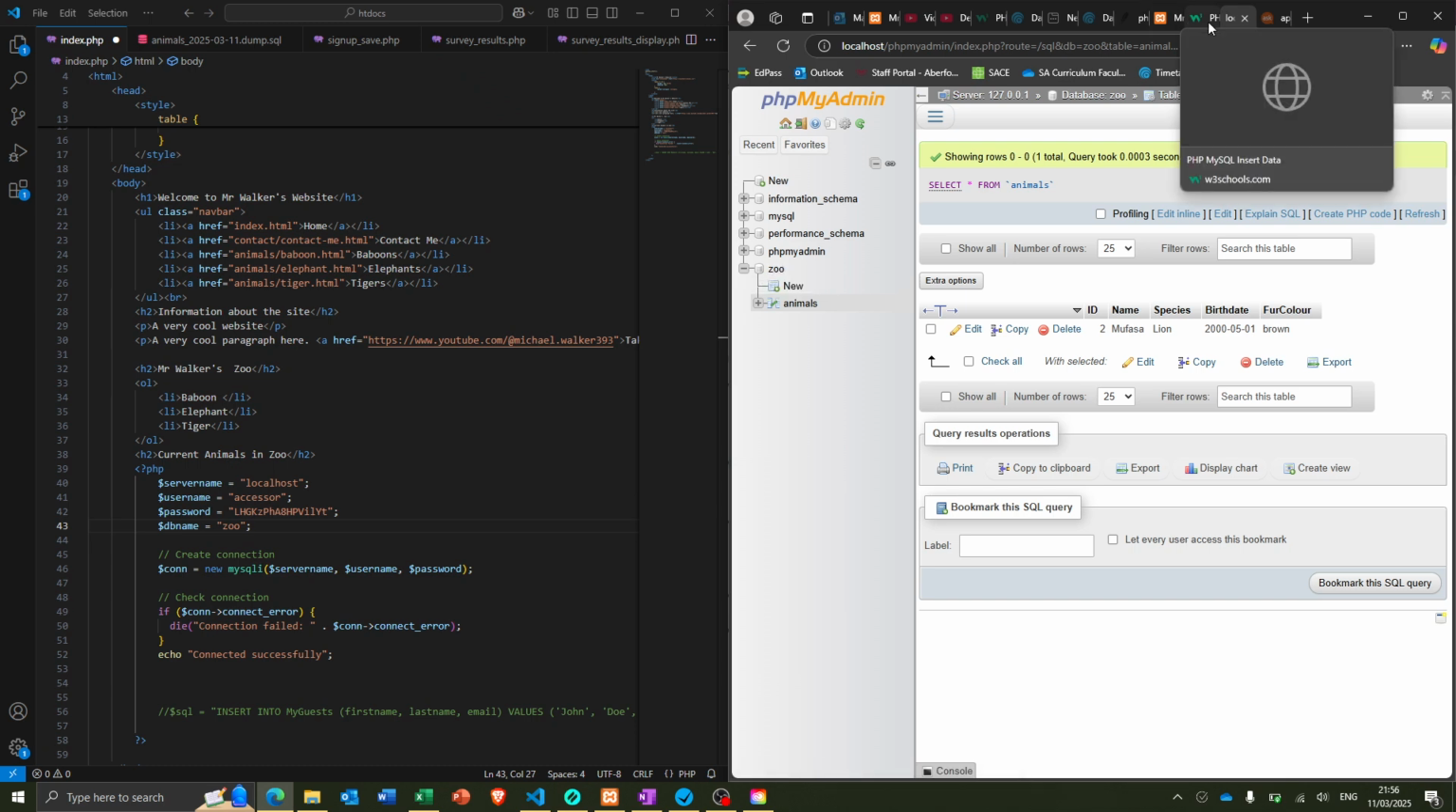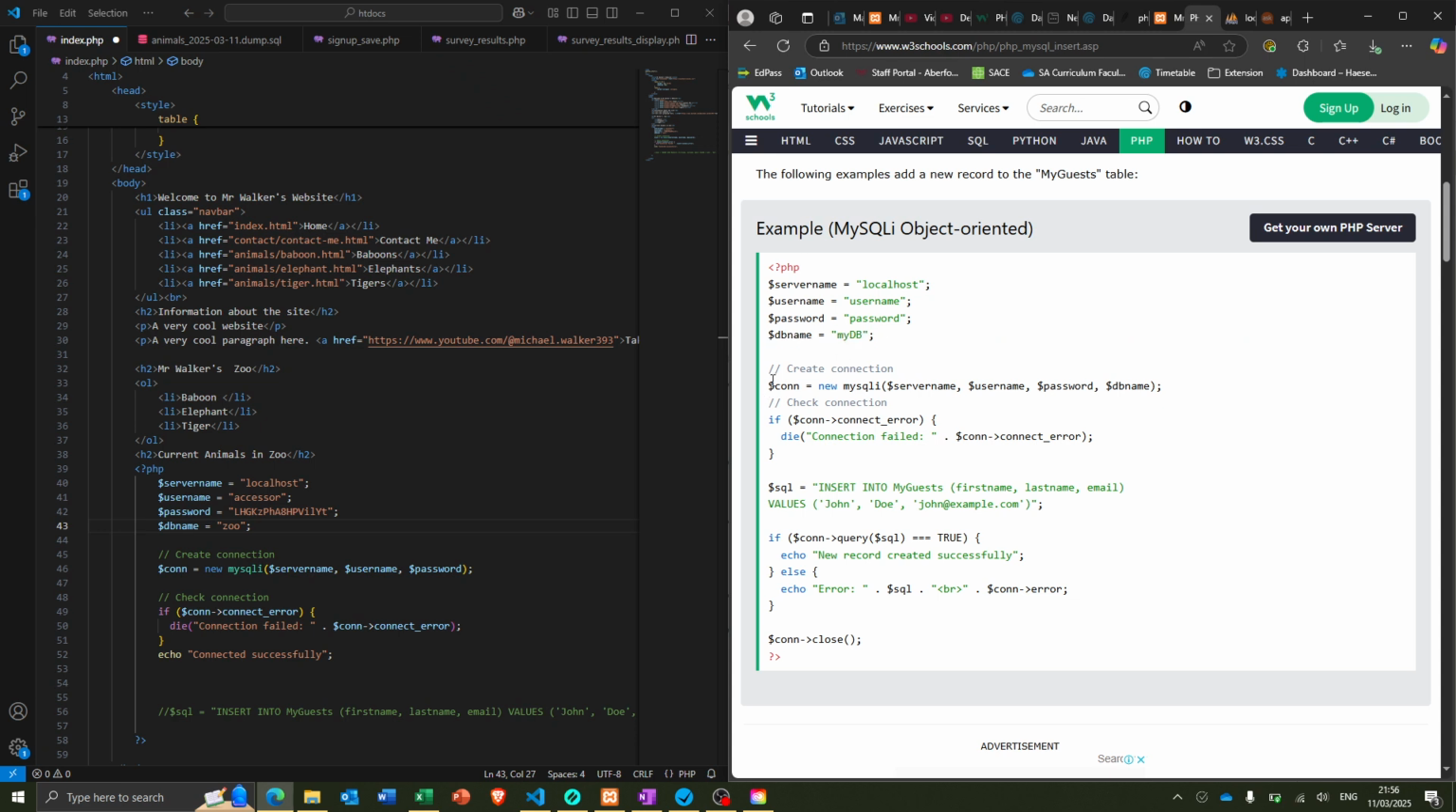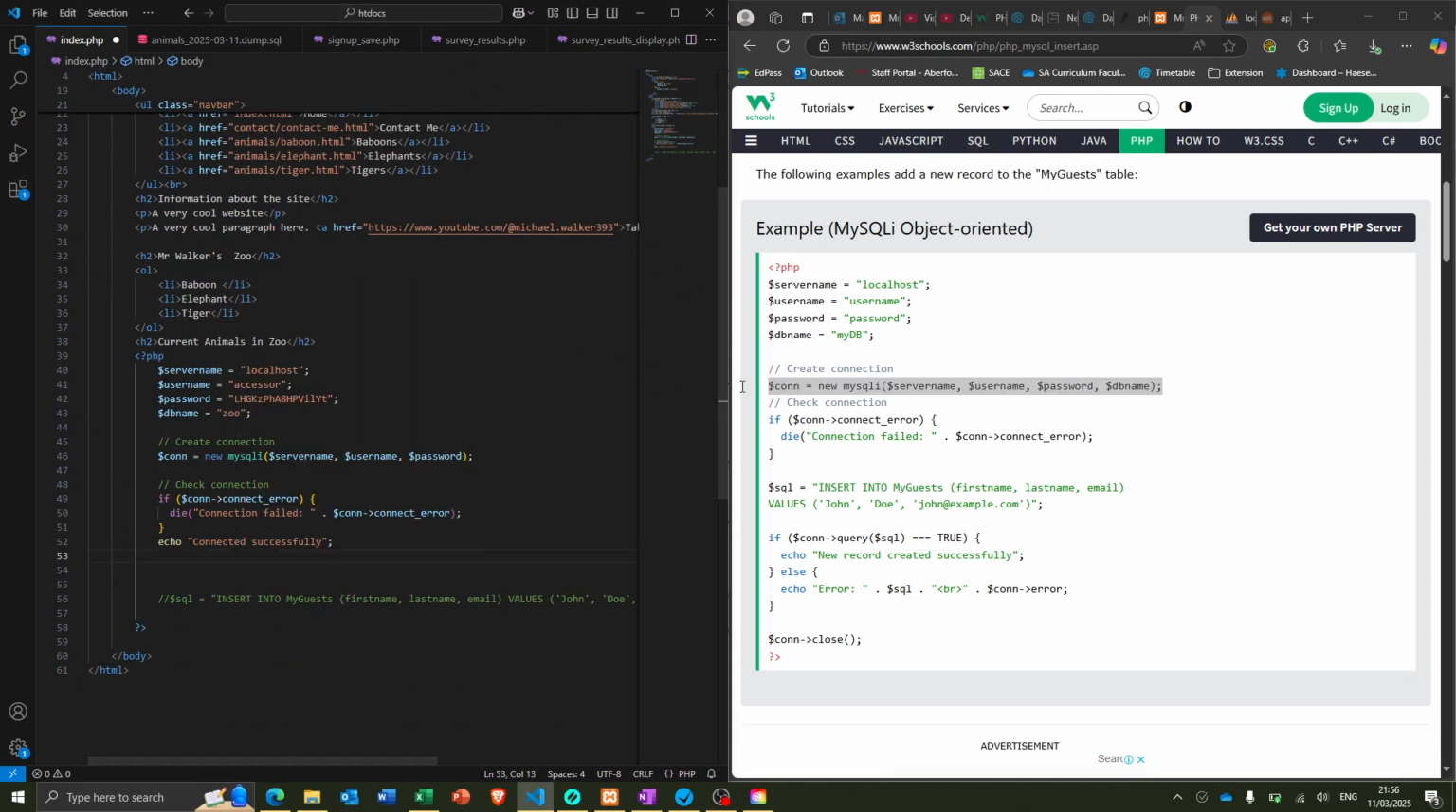Okay? And then I'm going to have a look at this line here. I'm going to copy this. We're going to copy pasta that over here. Okay? And the only difference is it has the DB name at the end, which is what we just set here. So it's saying connect to the server with this username and password and connect into this database, okay? And now,